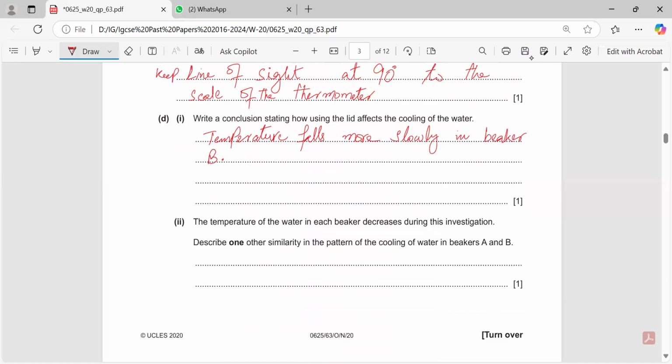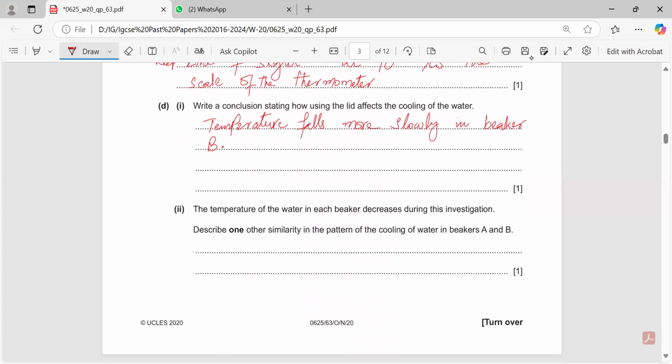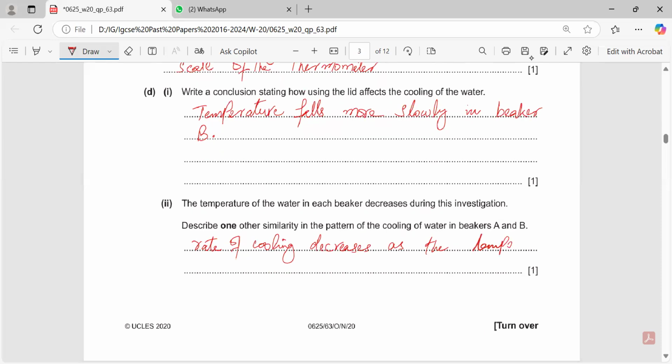Or I can write rate of cooling, we can say, because we are relating it with time. Rate of cooling decreases as the temperature falls. So only one mark, this is more than enough, that in the beginning temperature is falling